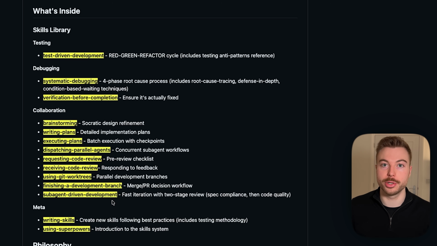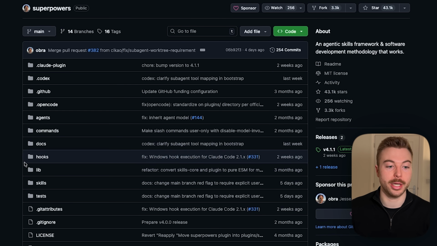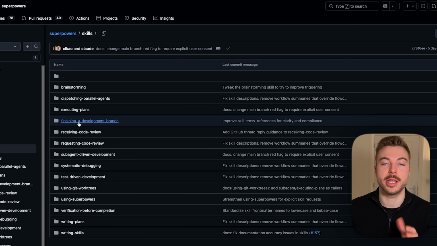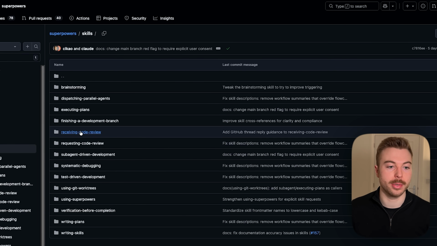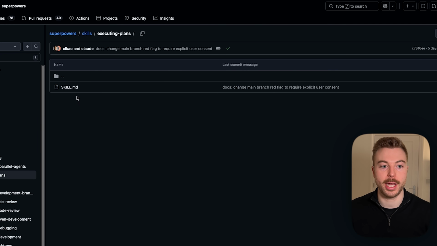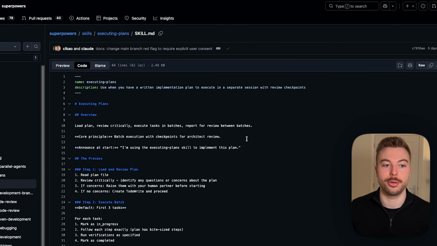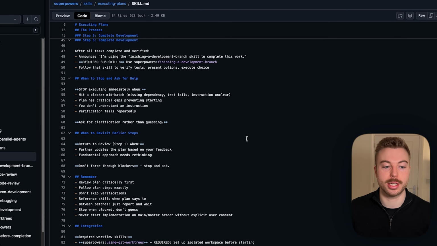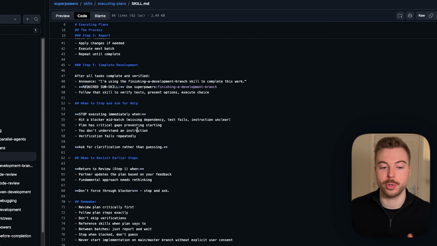Of course, if you want to see the information that sits behind it, come back up to GitHub and then up the top for the folders, click on where it's got skills, and then you'll be able to see each one. So what we could do, for example, is just coming down to where we've got executing plans, and we can click skill.md. I'm just going to change it to the code view, just so that you can see in here, it's got that detailed step-by-step plan. So what we should do for step 1, then 2, then 3, then 4, and so on,